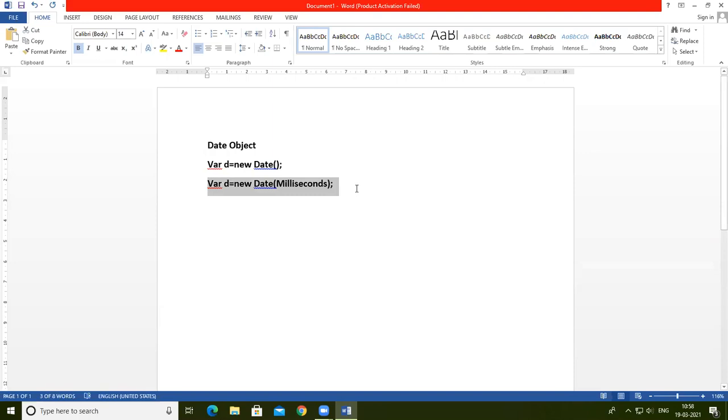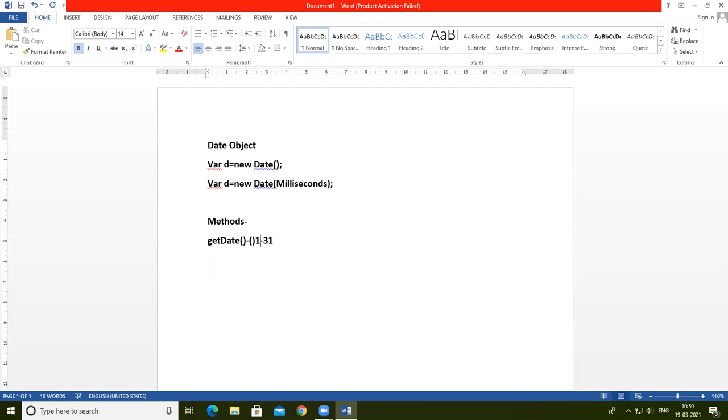There are some methods related to the Date object. The first one is getDate. This function is used to return the day of the month. Which date is here is returned, from 1 to 31.